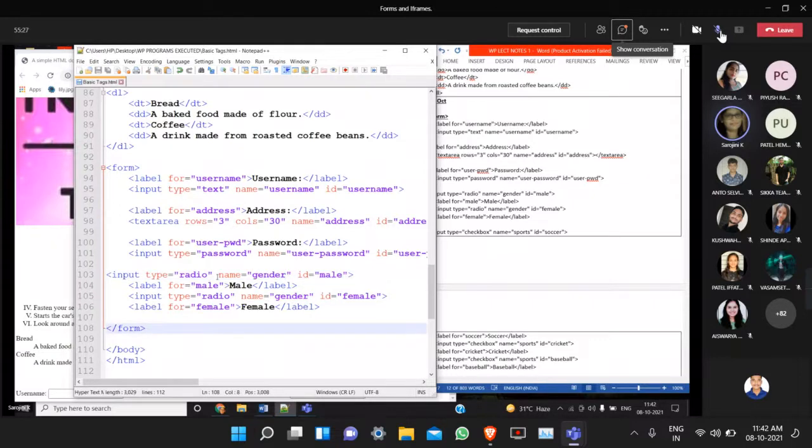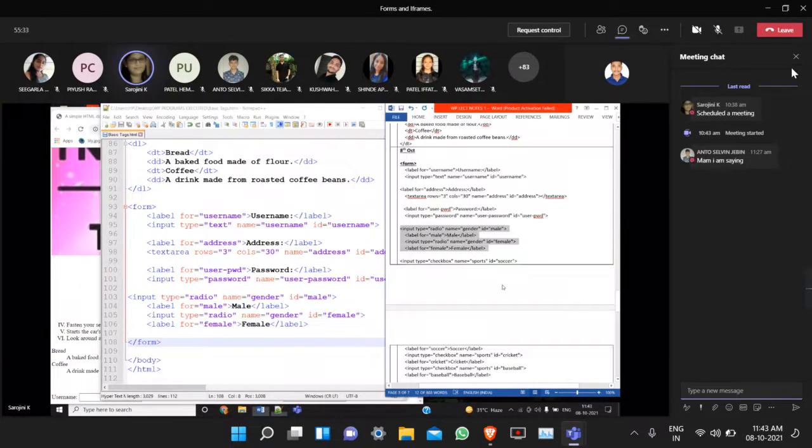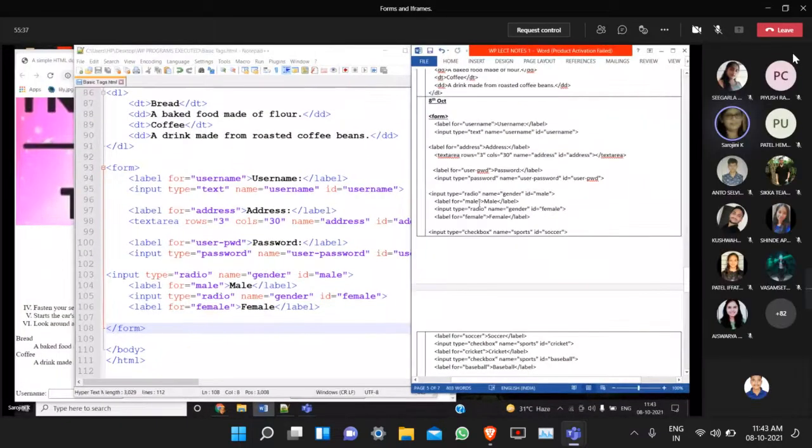To display the male radio button, when I highlight, all the names are getting highlighted. That's the issue. So to display the female radio button, I used name equal to gender. To display the male radio button, I use name equal to gender.